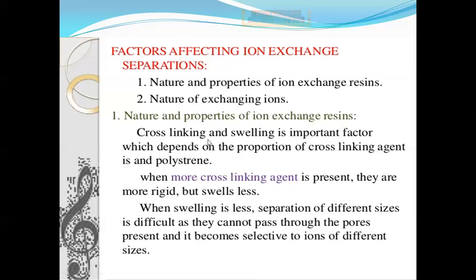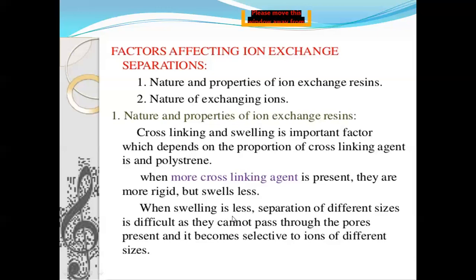Cross linking and swelling is the important factor, which depends on the proportion of cross linking agent and polystyrene. When more cross linking agent is present, the resin is more rigid but swells less. Generally, we mix this cross linking agent with the resin. If we mix a larger amount of cross linking agent with the resin, our resin becomes more rigid. If it becomes more rigid, it cannot swell properly. So when swelling is less,